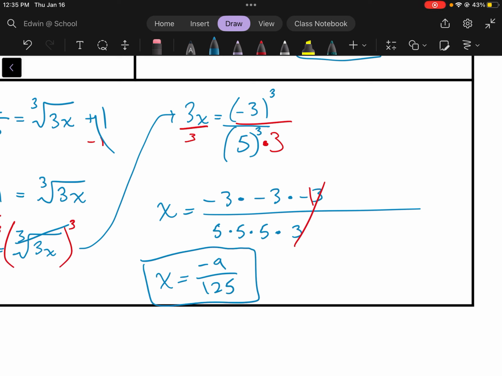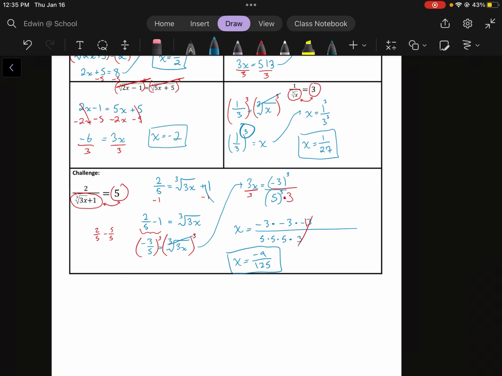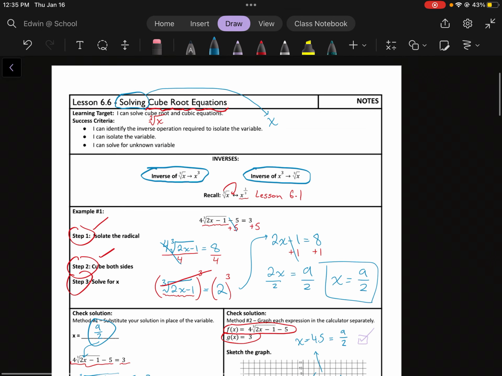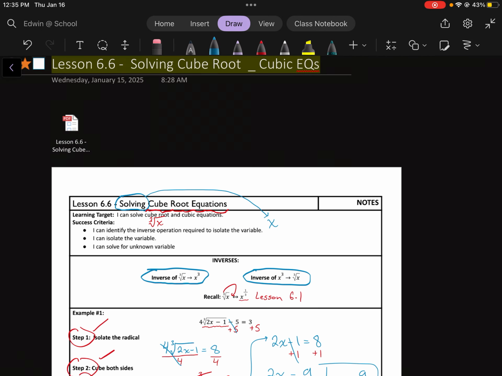So honestly, these examples are the hardest ones. On the homework, it should not be that bad, and it'll be adjusted based on the type of problems I want you to know how to solve. But that is basically the gist, just solving for x and using these algebraic manipulations. Hopefully this video